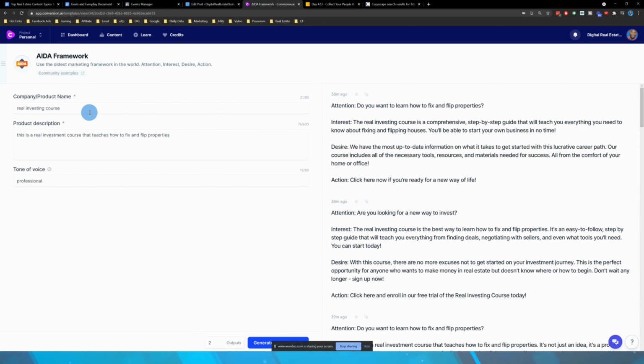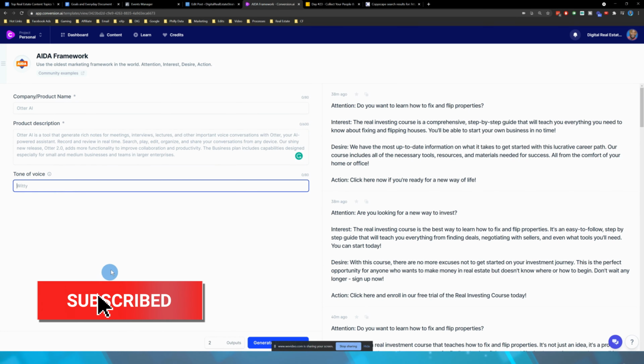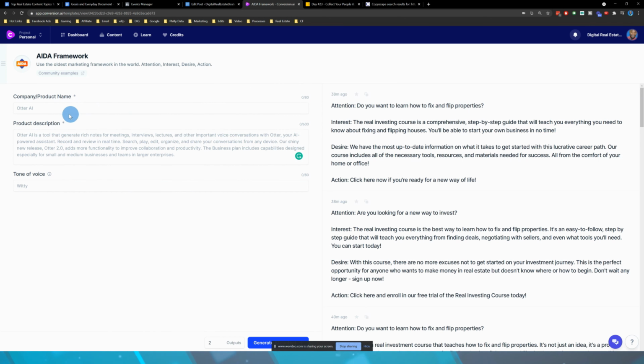So, real estate investing course, this is something that I input. When you first get into the software, it's all blank and it looks like this. It's gray and it's giving you some suggestions and some outputs. You name your company or you name the product.